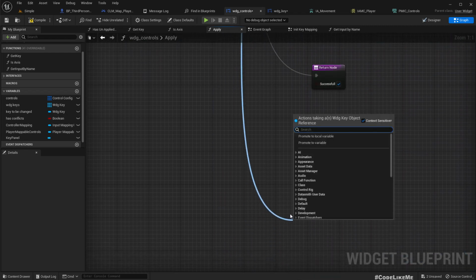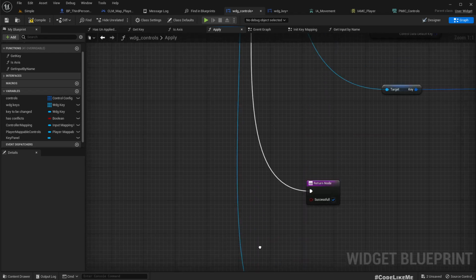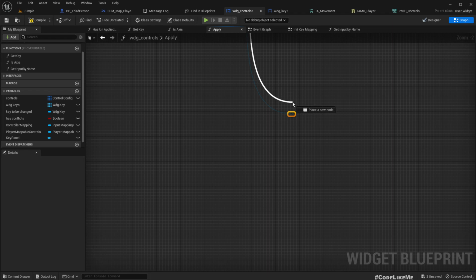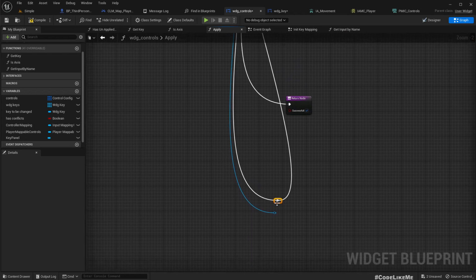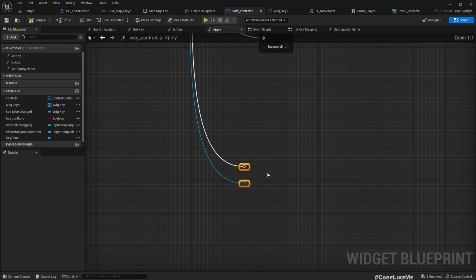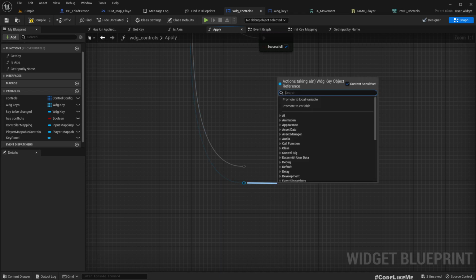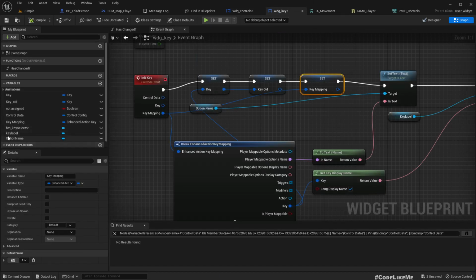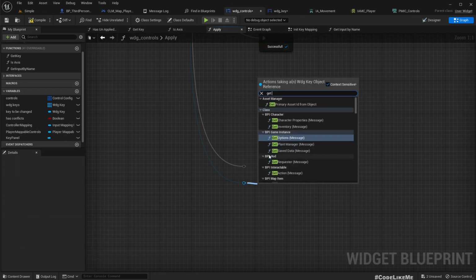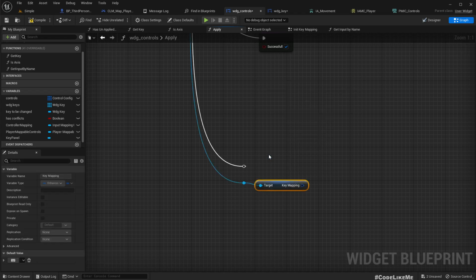Let's get a reference here, reroute node, and an execution line also here, reroute node. Oh wait, break this link. Okay. Now from this key widget we can get this variable key mapping. So get key mapping,